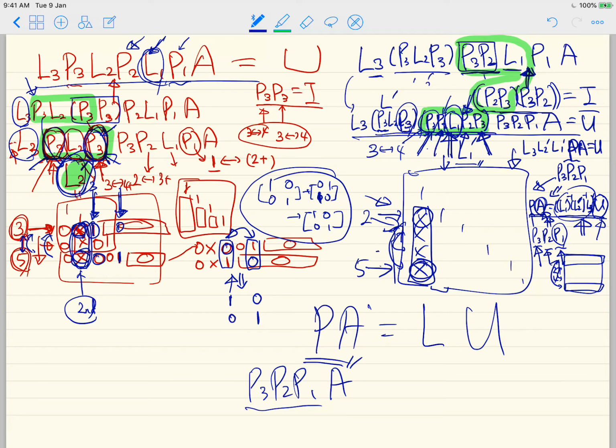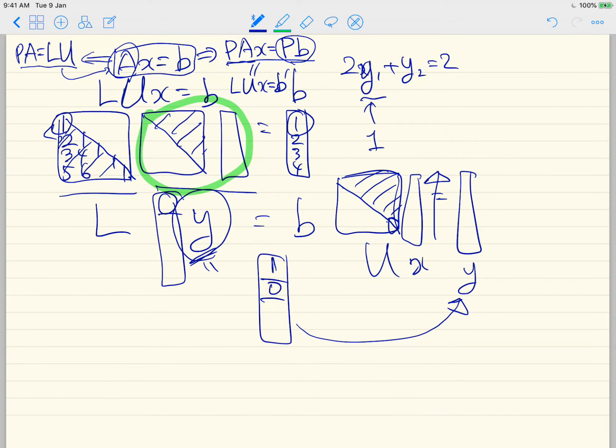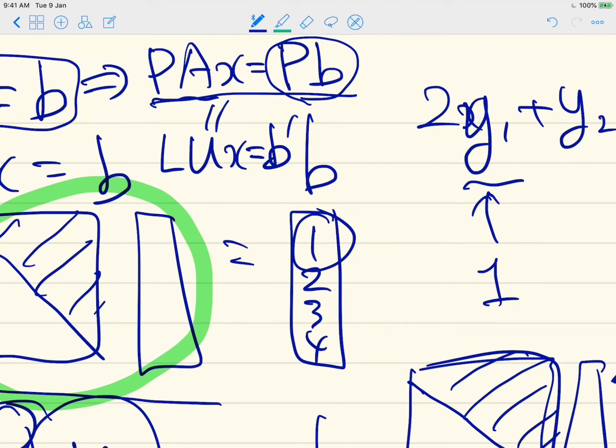We do the same thing when we obtain this P times b, because it is P3, P2, and P1 times the vector b, right? So if P1 was like the first one and maybe the fifth one, then given the vector b, we just change the first one and the fifth one, and in the case of the second, we change the second and the fourth. So we have no problem permuting or interchanging the rows in the column vector b,